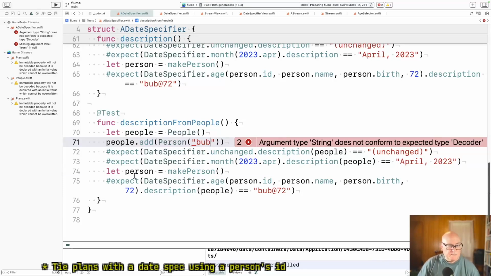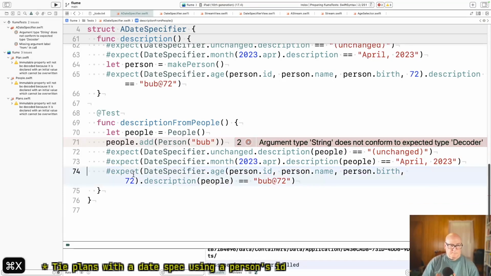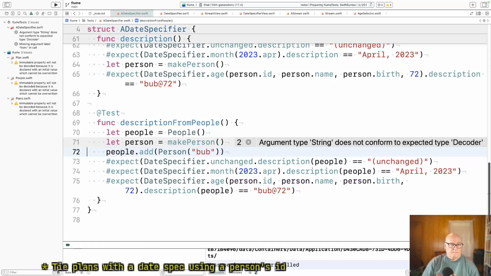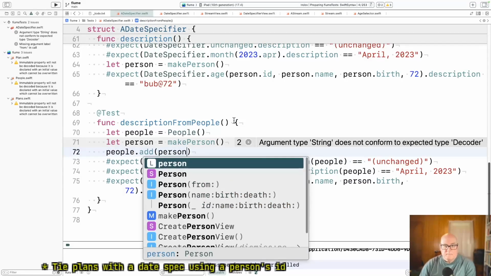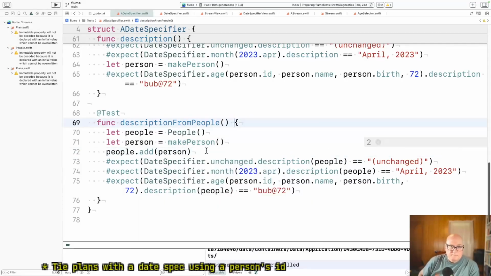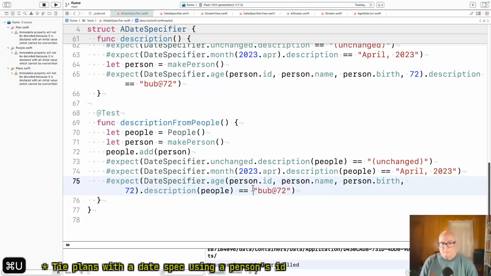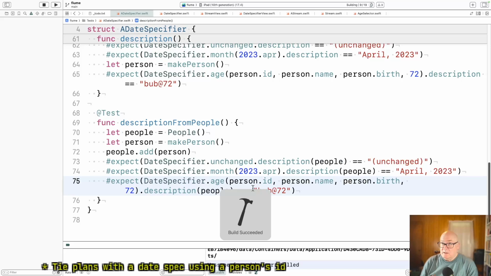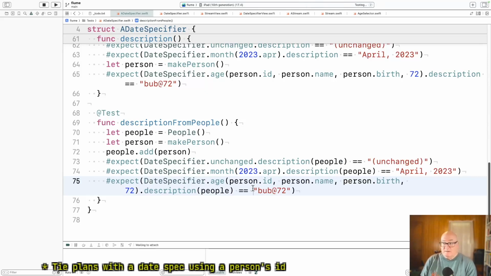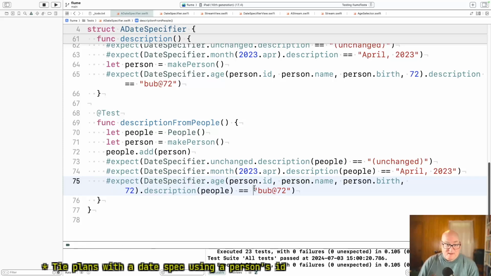And I guess this is make person. Now this will pass, but we're going to get it passing so we can change things in place and make it reference persons instead of the direct name.